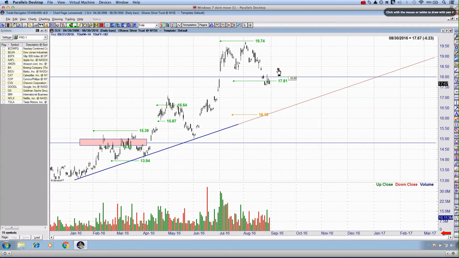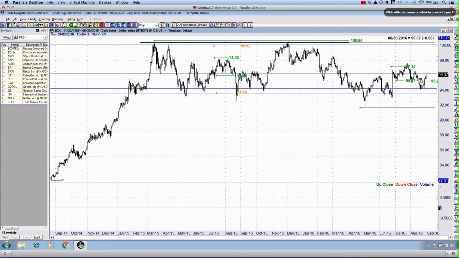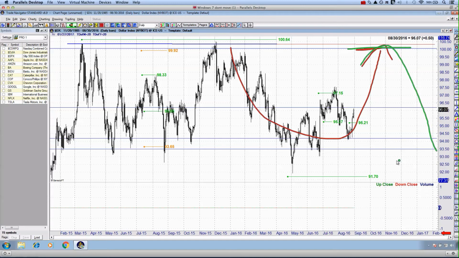But what I'll be doing is keeping a very close eye on these commodity markets, keeping a very close eye on that US dollar, because I do believe personally that the US dollar is going to oscillate back up to that 100 area. And then, of course, this is most likely going to, once again, at that particular time, set up a relatively neutral trade in that we're going to roll back over and oscillate back down to support and continue the sideways trend, which we've been stuck in for about 1.5 years.